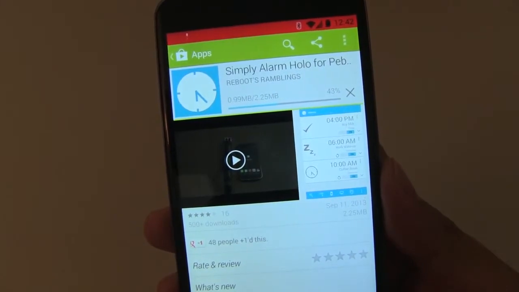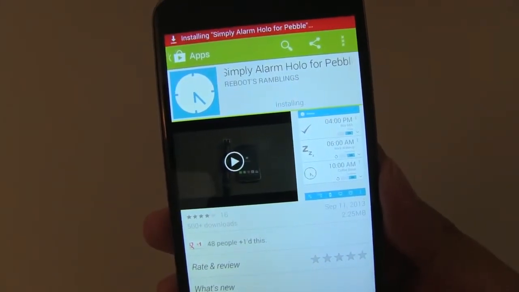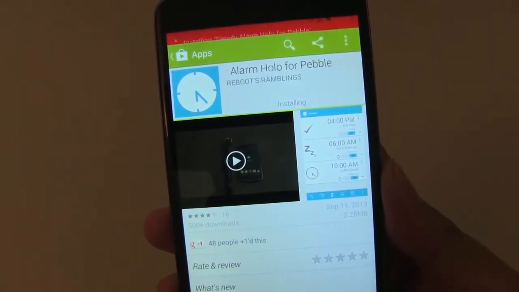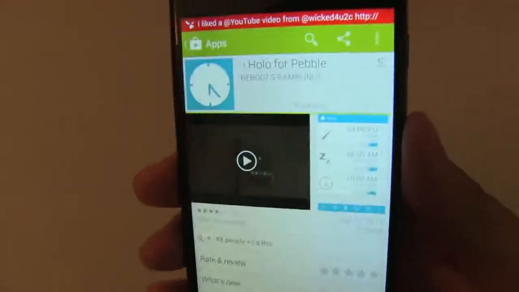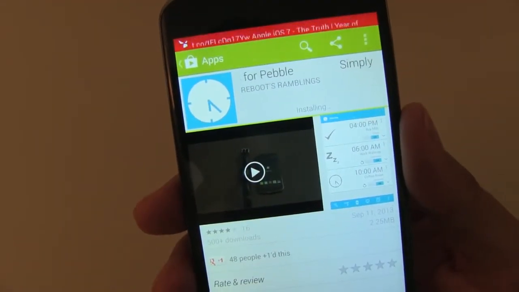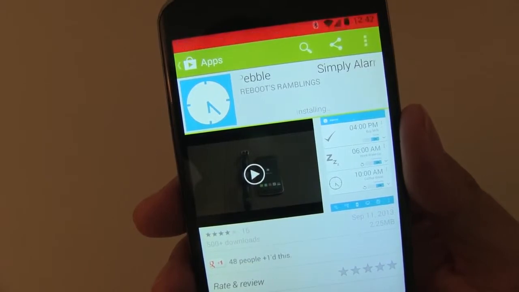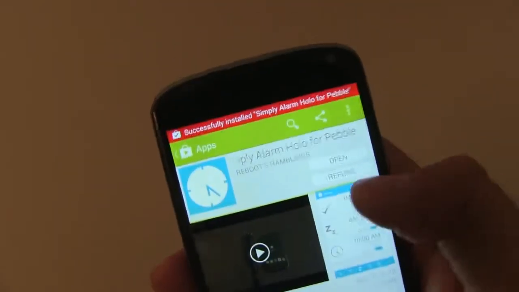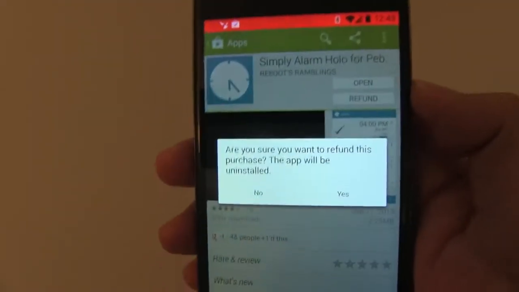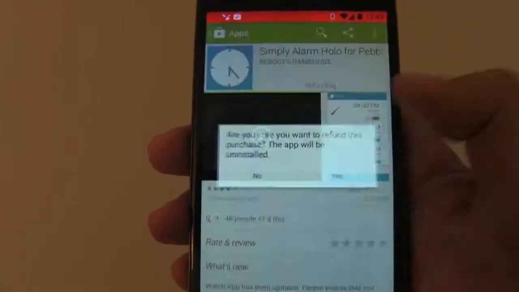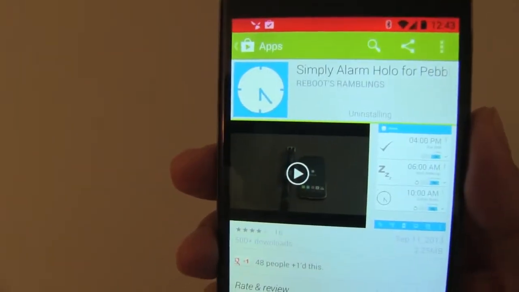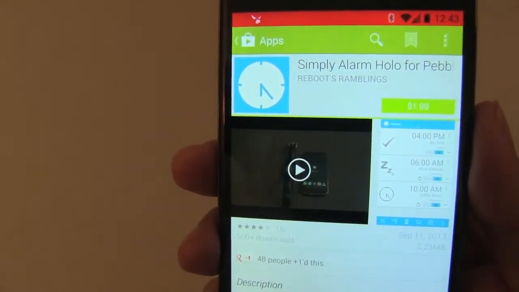And I'll tell you what, right now I've refunded several apps and I've probably saved several hundreds of dollars just on applications that I didn't think were worth buying, but they sounded great on the description and I saw the reviews, but it just wasn't for me. So really cool that Android can do that, and sorry iPhone users that you have to spend money on unnecessary apps that you don't like.